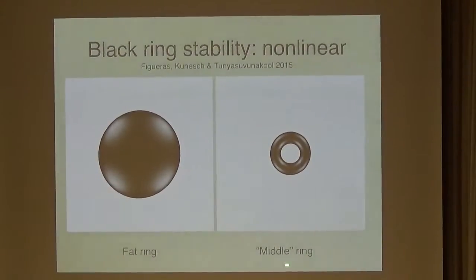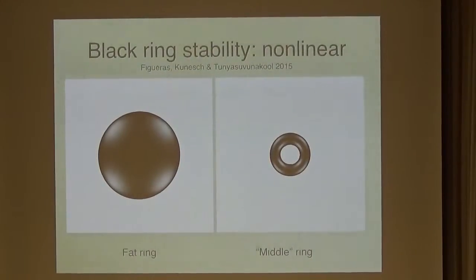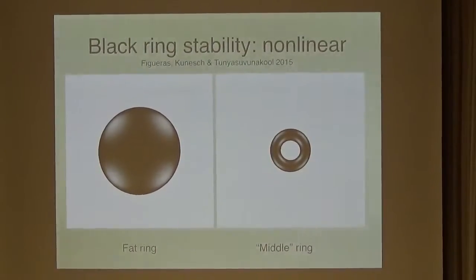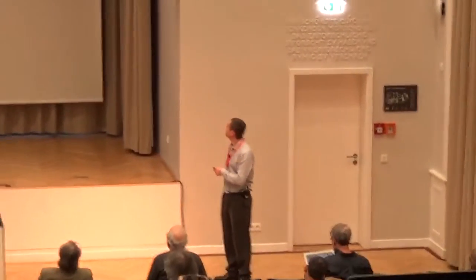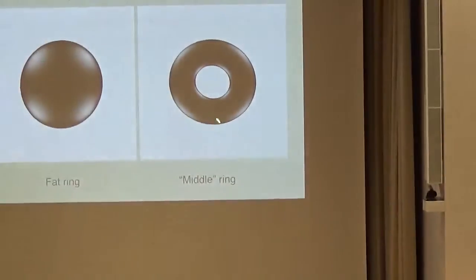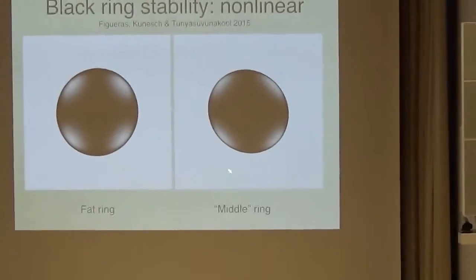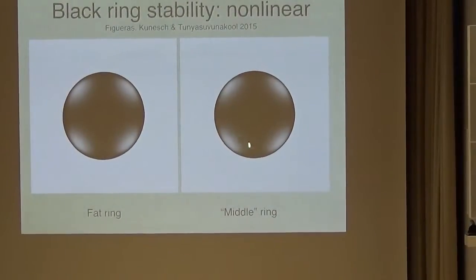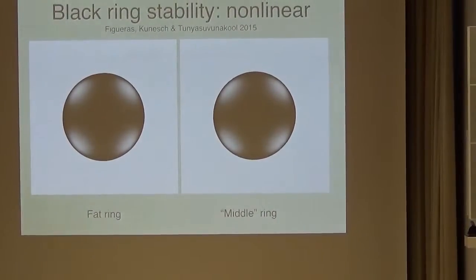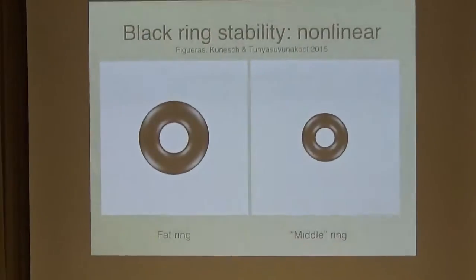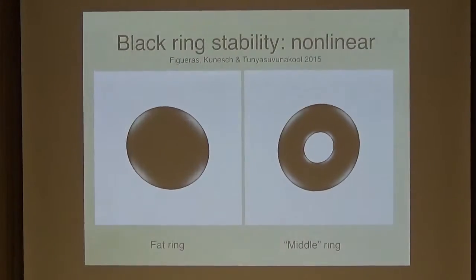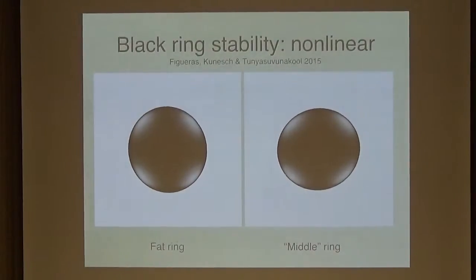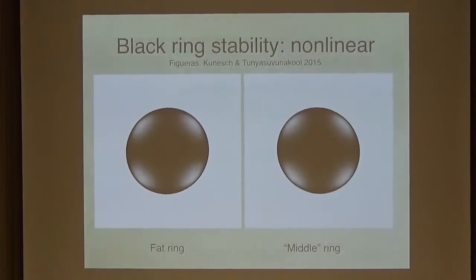This result here is what you might call the middle black ring. This is a black ring which is neither thin nor fat, so it's on the borderline between being fat and thin. And we'll see that it behaves pretty similarly. So again, that's just gauge, and we have the slowly rotating instability, a bit more deformed this time, and then it just transitions to spherical topology and settles down to a nice clean solution. I'll show them both again at the same time so you can compare them. So they just collapse down to a nice black hole.